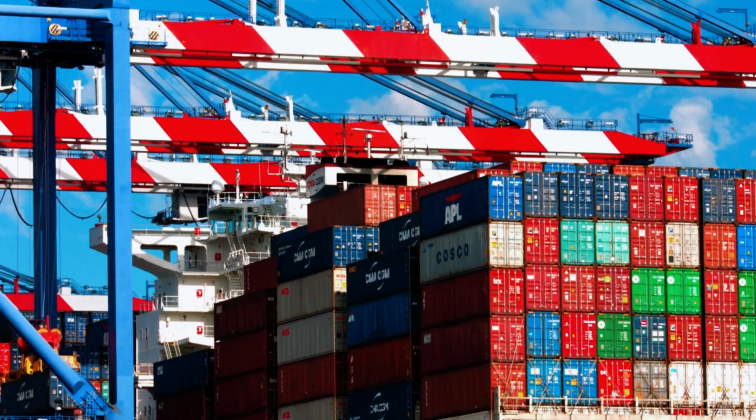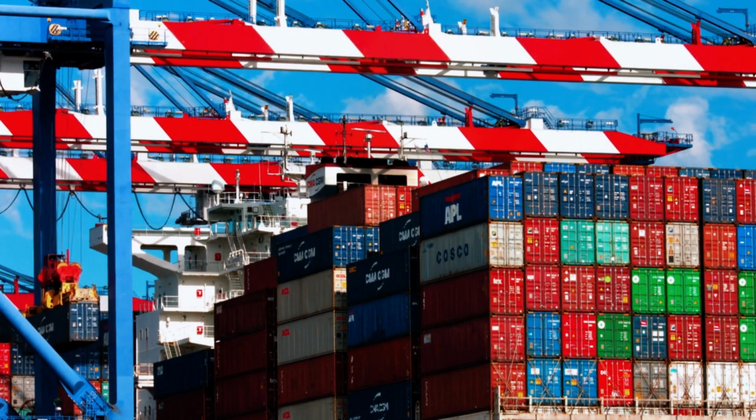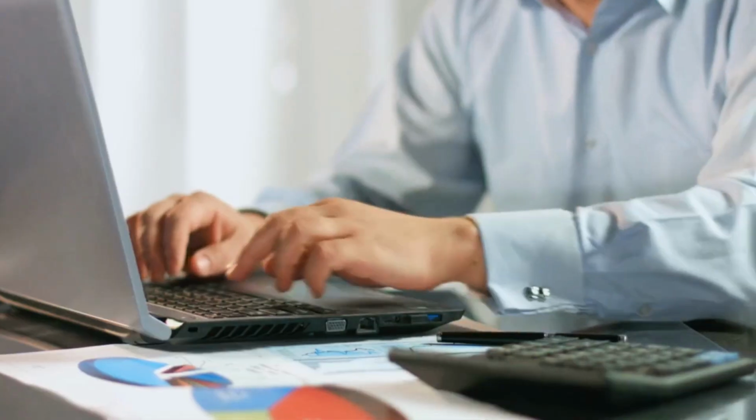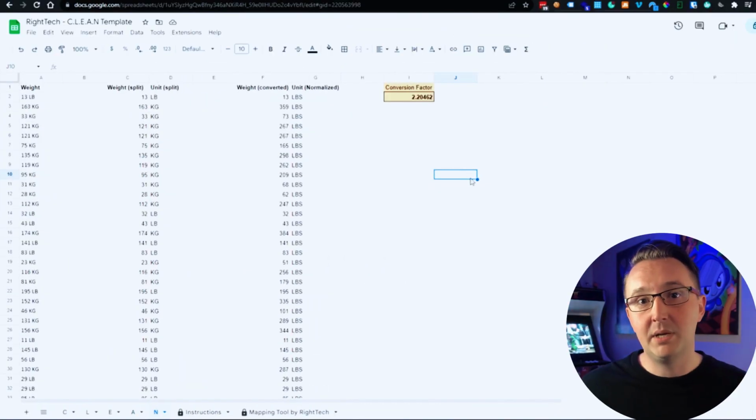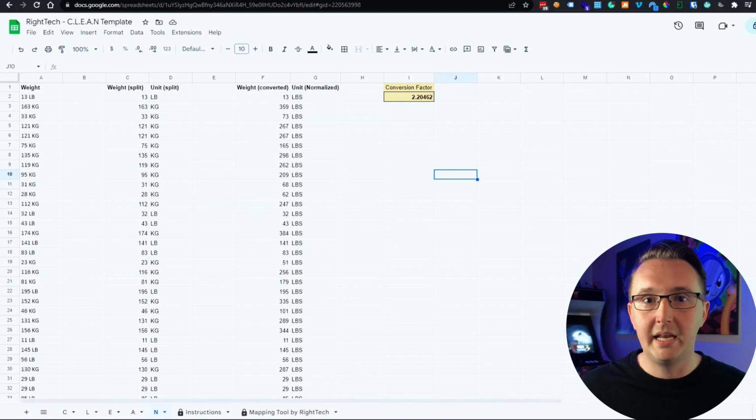Imagine if you are loading a shipping container that has a maximum weight allowance of 60,000 pounds, but due to inconsistent data in your system, you accidentally load it with 60,000 kgs instead. For those of you paying attention, you've just doubled the allowable weight by accident, as 60,000 kgs is closer to 120,000 pounds. Let's jump back to my template so I can show you an example and how the template will